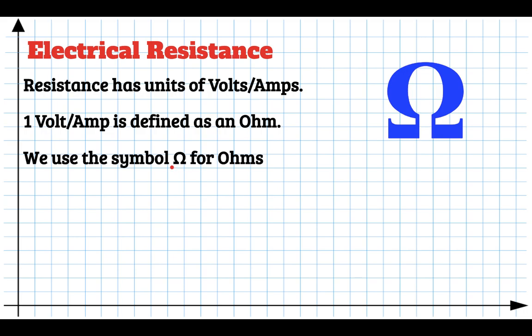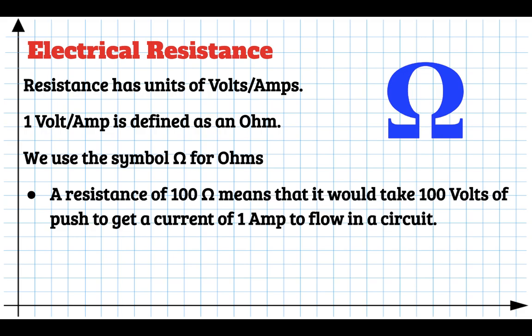You can kind of just make a horseshoe, and that's the symbol for resistance. That's the unit of resistance. We call it ohms, and it's really just volts per amp. Okay? So a resistance of 100 ohms means it would take 100 volts to get a current of 1 amp